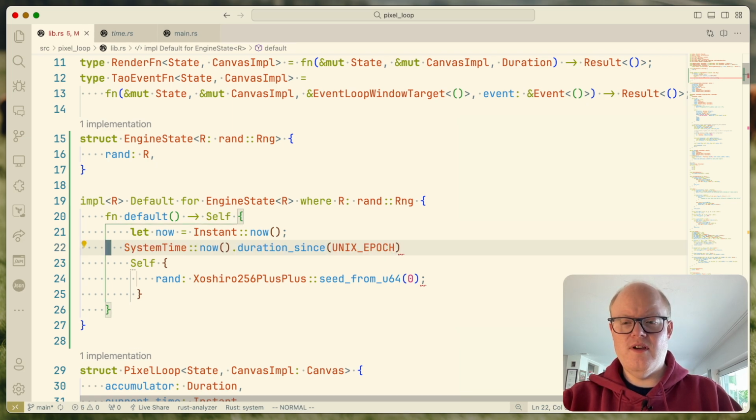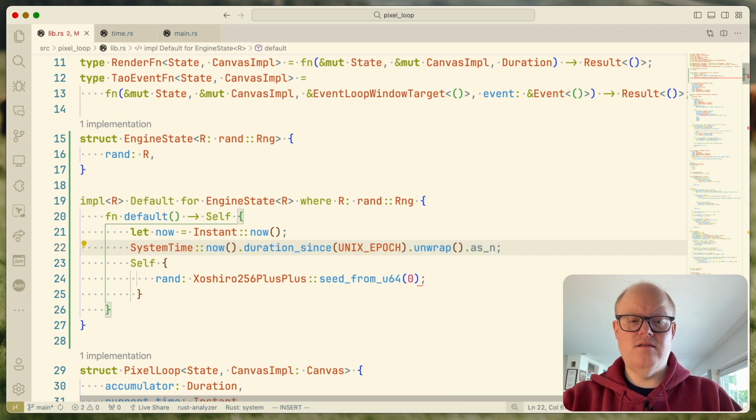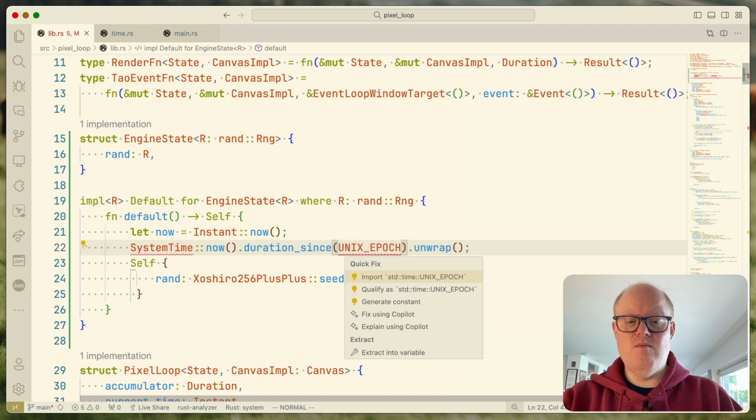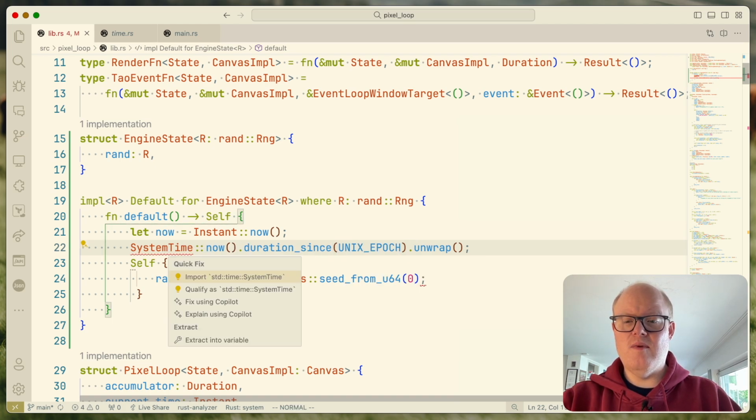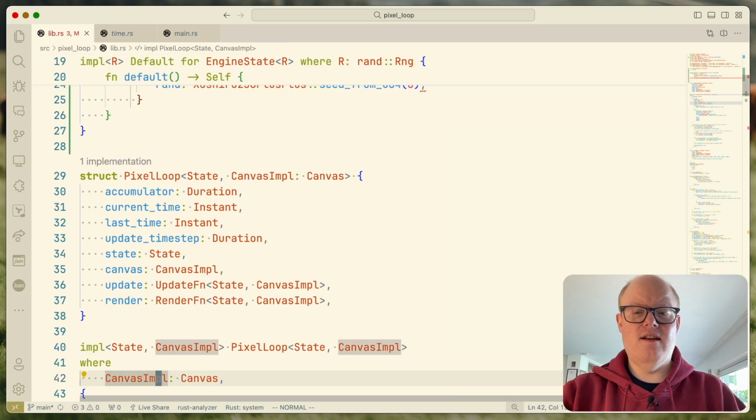so system time now, duration since UNIX epoch, dot unwrap. So we assume that this is fine. And then we want as, can we do something like, wait, it doesn't know that, does it? std, yeah, let's maybe import that, I guess. And then,